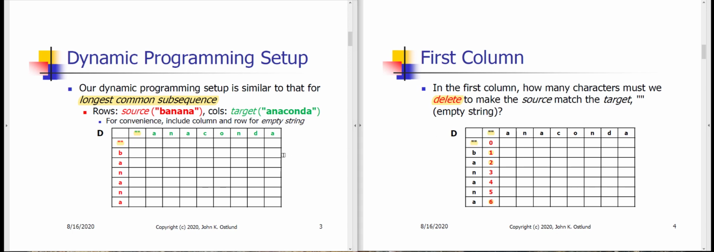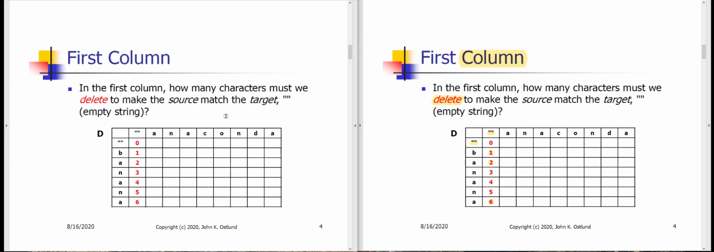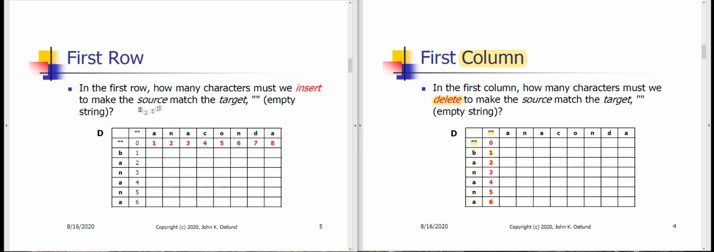Okay, now the first column, that was filling in the number of editing operations for the first column. Now let's take a look at the first row. And the analysis here is basically the same. If we're comparing this empty string prefix of banana, the source, with successive prefixes of the target string anaconda, well, we've already filled in the fact that